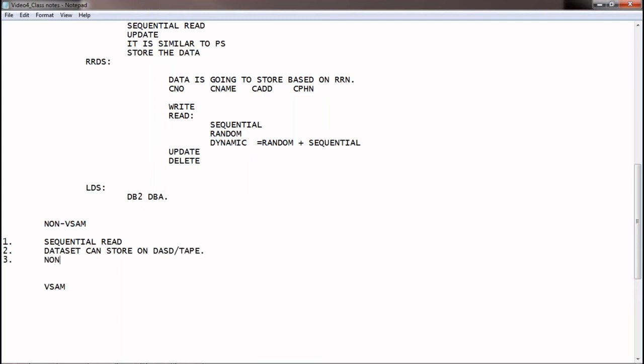Third, non-VSAM files cannot be used in online applications or as a database layer component.